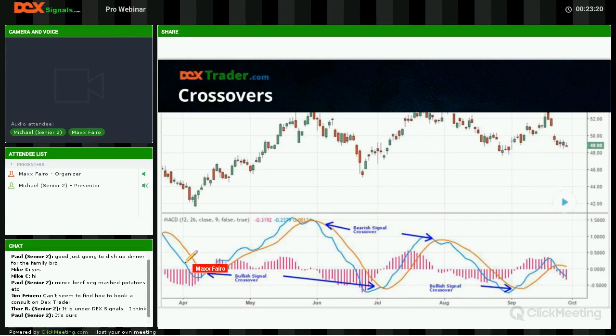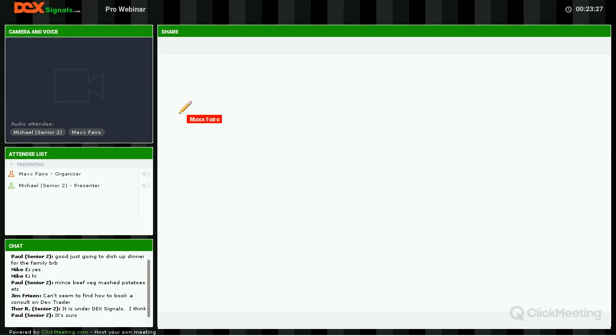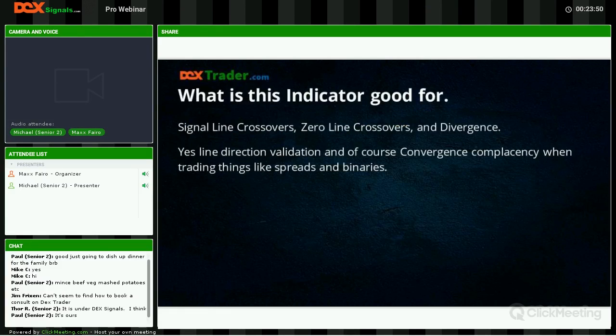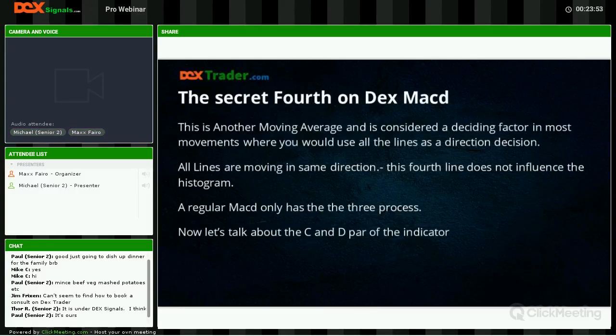The histogram itself is the difference between the two lines themselves here. Let me see if I can change my color here just a little bit. Guess not. All right. Let me see. Put it right there. There you go. Okay. It is the difference between there and there. All right. So the bigger the difference, the bigger the bar here. And okay, that's right. So there are other components of the MACD, which I'll talk about here in just a second. But the biggest ones are,